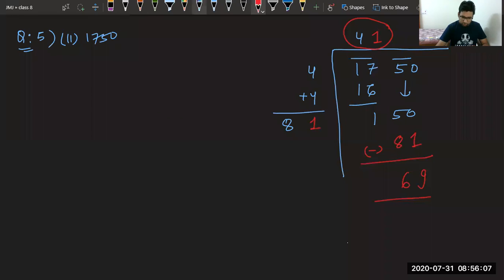How did you get 1? There was 0. Beta, 1 second, you're confusing. This 50 came down, and 1 from here I've got. Jishan, how did you get 1? Beta, this 1 is from the table only. 1 1s are 1, 1 8s are 8. I'm not getting what you are asking. Please repeat the question.